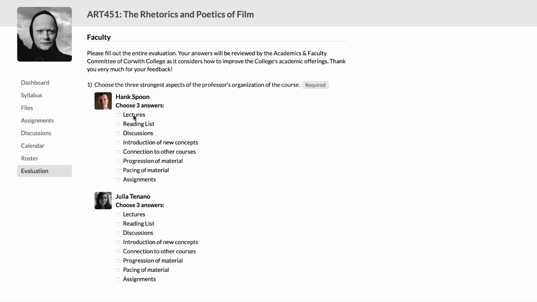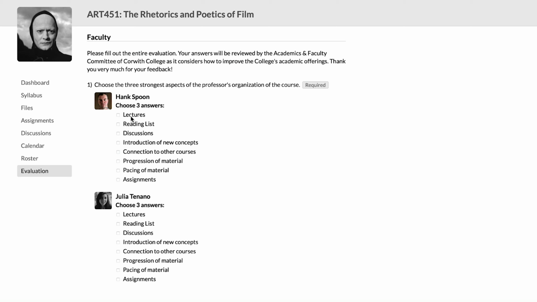So you set the question up to apply to faculty, and then it's going to break that question out for every faculty person listed there. We can also set things up so that Populi will automatically include teaching assistants on that evaluation as part of faculty as well. If we click into settings right here, it's the only setting you've got. So you can click yes there to include teaching assistants, and then there'll be one more faculty person that students